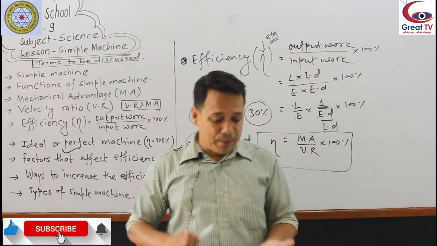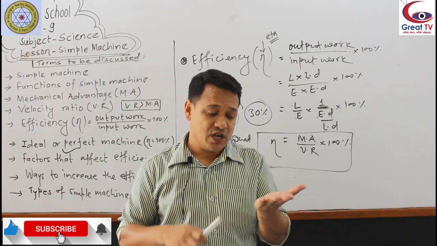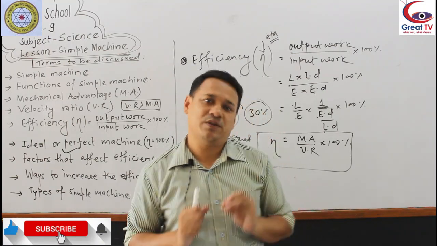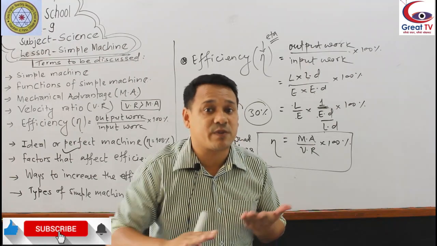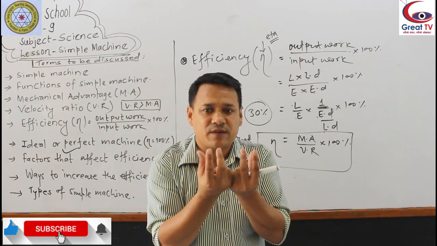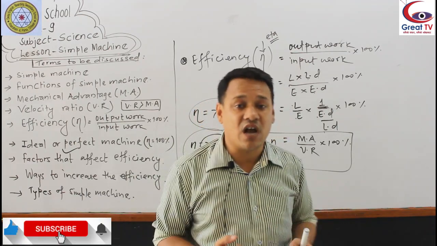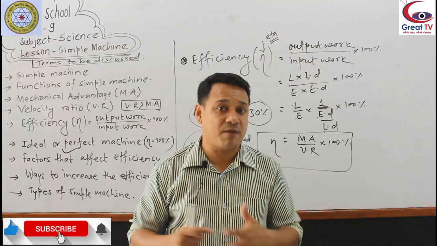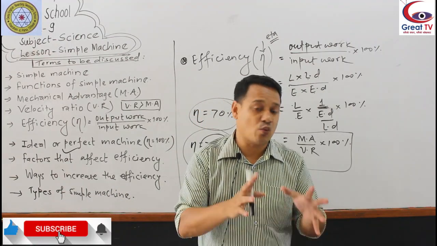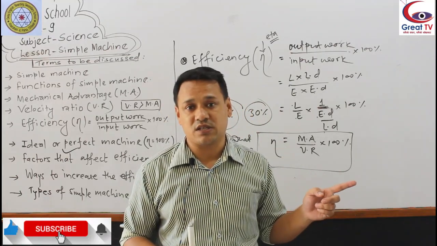Similarly, by polishing the surface: if there is a rough surface, then more friction is produced. But if we make a smooth surface, there will be less friction. So by polishing the surface also, we can reduce the friction. Similarly, if we use a ball bearing that rolls on the ground, that also reduces the friction comparatively. These are the ways of reducing the friction to increase the efficiency of a machine.